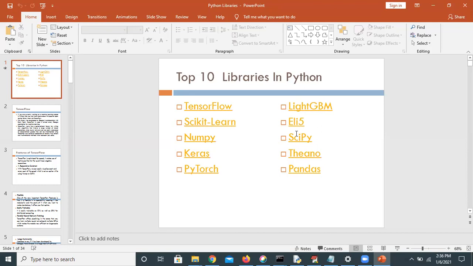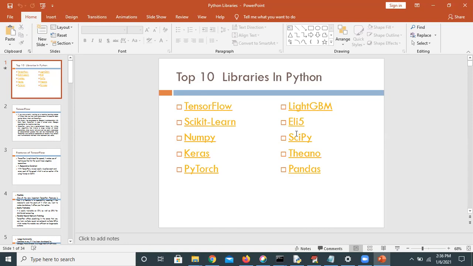Simply NumPy, Numerical Python. That means you can do numerical calculations, simple mathematical calculations. Sir, normal calculations we do using NumPy. For scientific calculations we have SciPy, Scientific Python. In SciPy you can do scientific calculations like vectors, matrix, differentiation, integration.